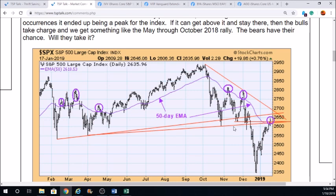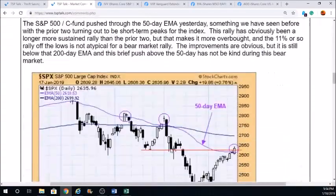But we'll look at the charts a little later on to give you a better picture of what we think. But this is a pretty good indication that we might see, maybe with this giant ladder, that the rally is starting to get a little tired after such big gains since the beginning of the year. With the